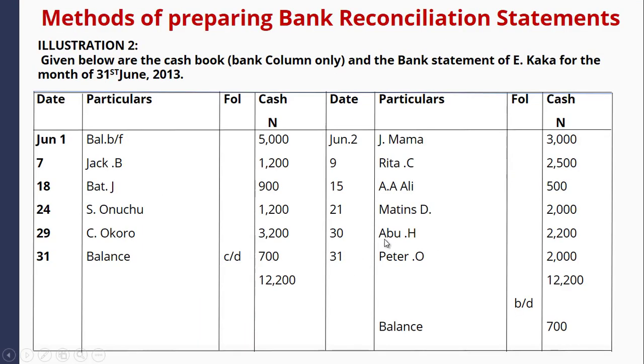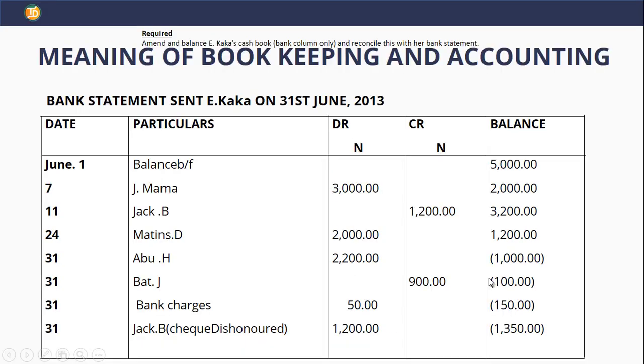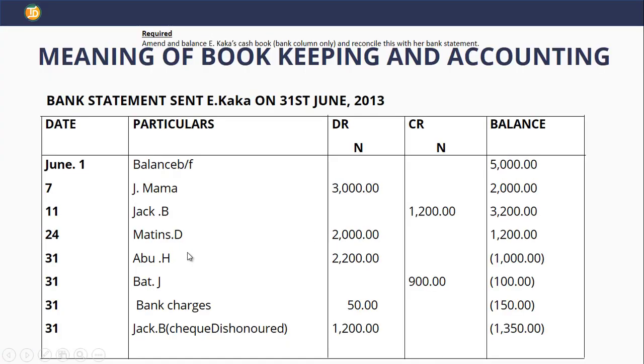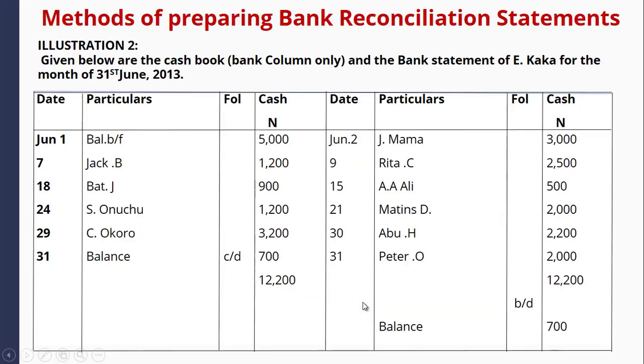The next we have Abu H 22. All right. The next we have Peter O 2000. Do you have any Peter O 2000? We don't have Peter O 2000. So that means for the credit side of the cash book, we don't have Rita C 25, we don't have AA Ali, and we don't have Peter O, which means these three are seen to be unpresented